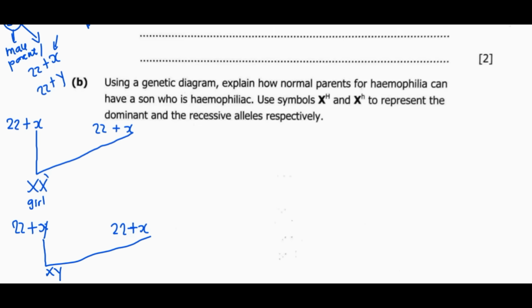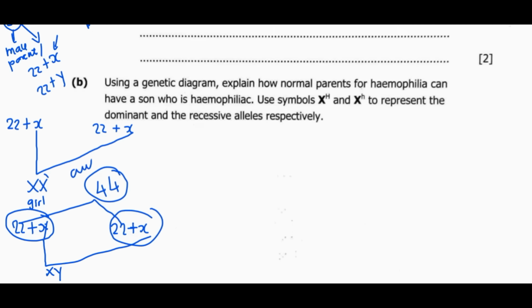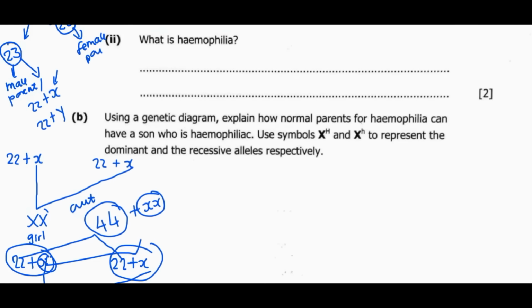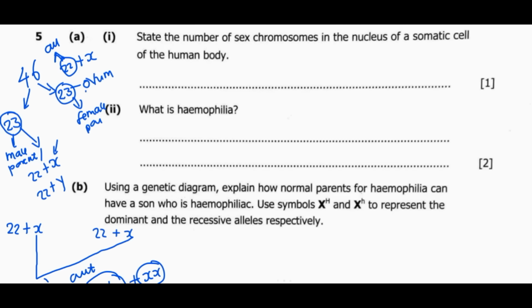So now the point here is you can see that if this sperm cell fuses with this ovum, this 22 plus this 22 will give us 44. So there are 44 autosome chromosomes. Then this, let's say X plus this X, we are going to have XX if this is a female. So you can see that in a somatic cell, there are two sex chromosomes. So here the answer is two